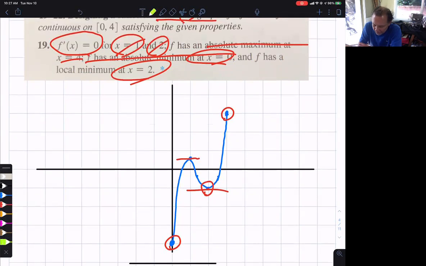Don't be bothered that I have a local maximum at 1. Did it tell me it does not have a local maximum at 1? Since it doesn't tell me, I'm allowed to have anything else between as long as it doesn't go against what's given. So that is number